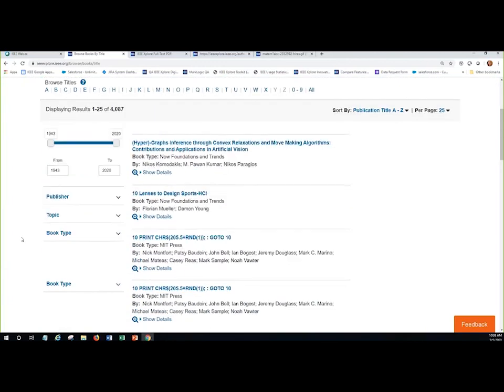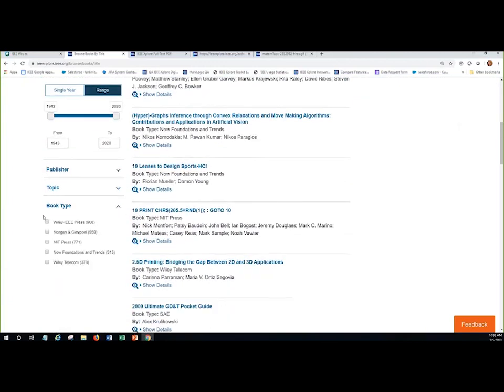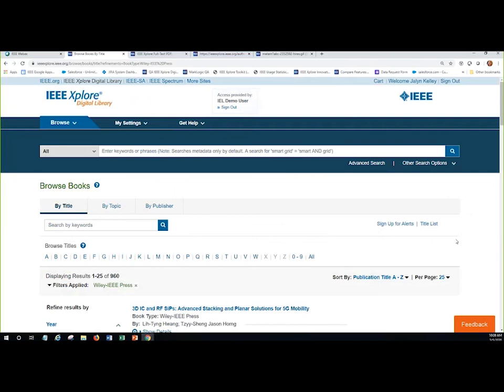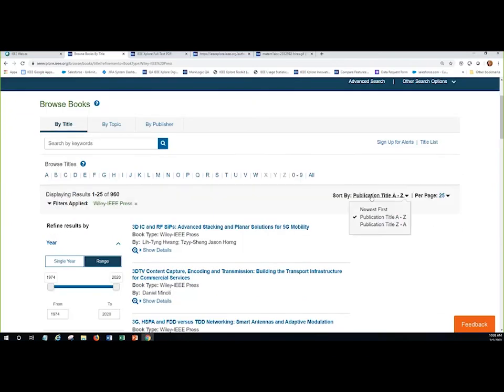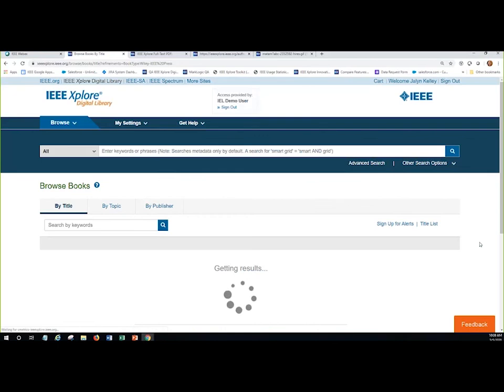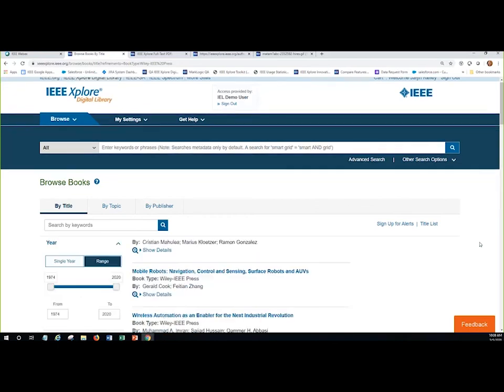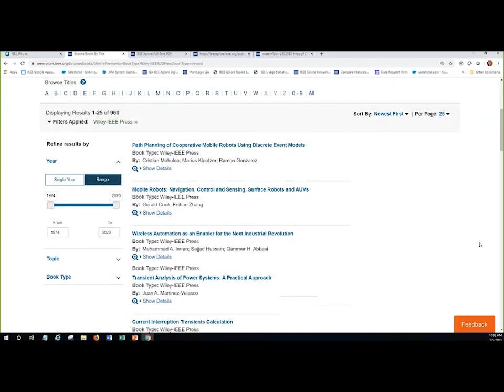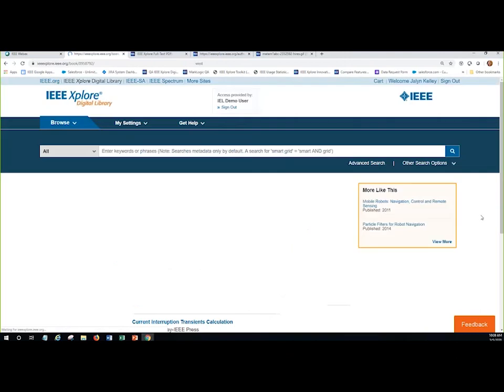So if you want, you can narrow down by book type. So let's say I was interested in the IEEE Wiley ebooks. I could easily narrow down that way. I also have the ability to change the default from publication title A to Z to newest first to browse the most recently published ebooks. And then I can simply click on one to go to the ebook homepage.